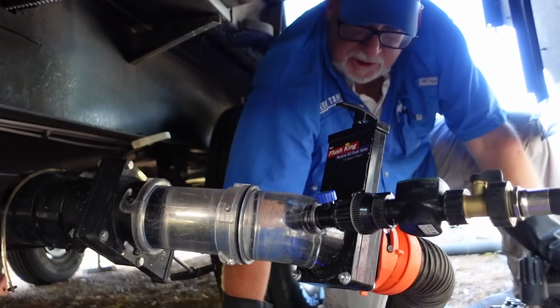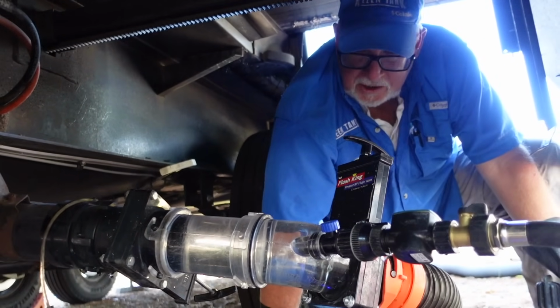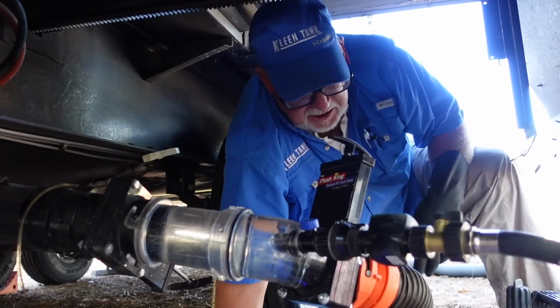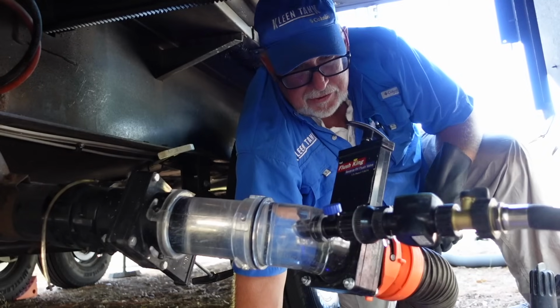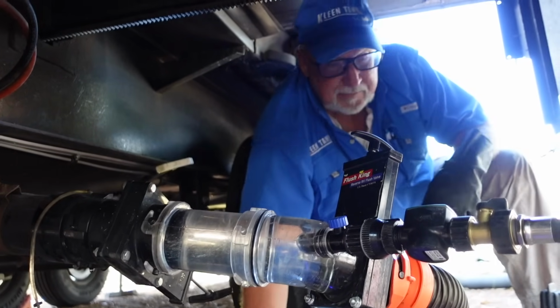Probably only use it once, maybe toward the end of your camping experience, about once a week, once every other week. You don't need to use it every time. One or two flushes with this into each tank is more than adequate. The more you use it over time, the healthier your tanks will be. That's great information. Clean Tank, as far as a company,